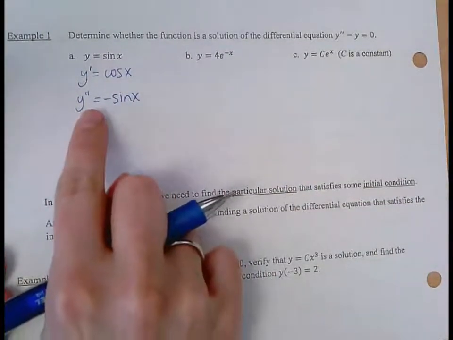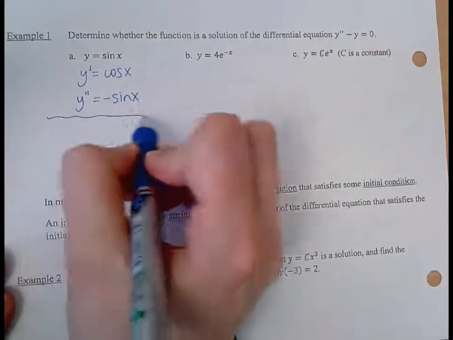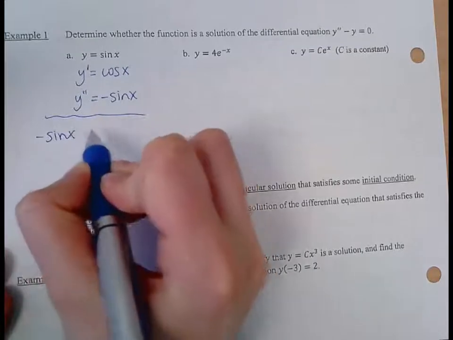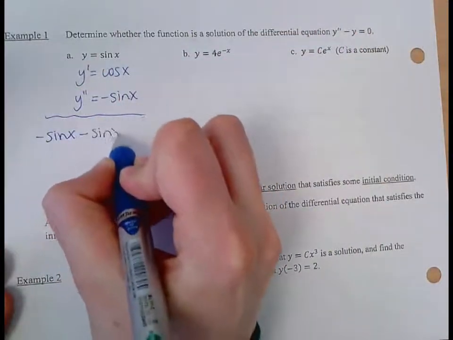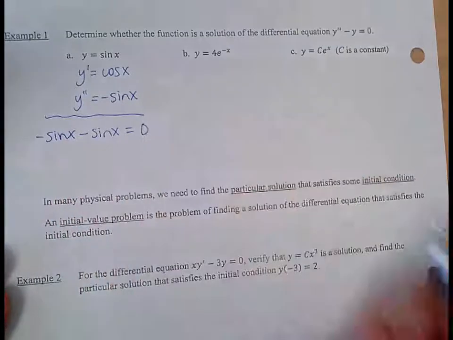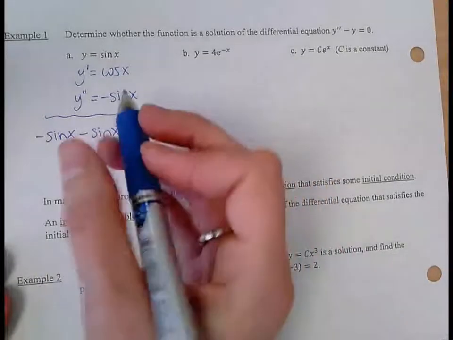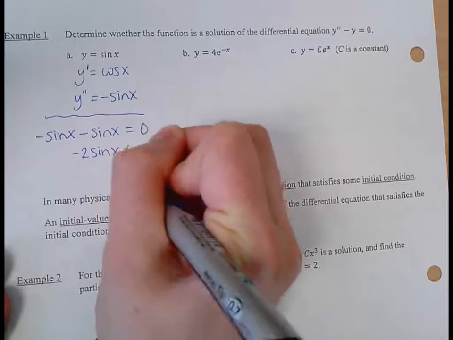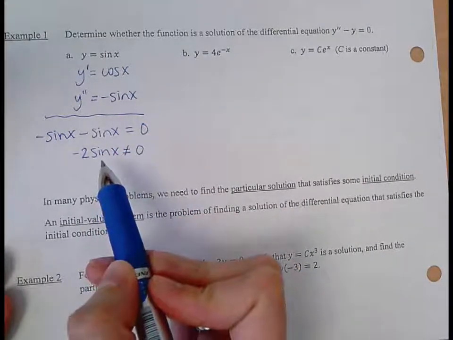All right, so then I substitute in y double prime. So I would have negative sine of x minus y is sine of x. And I want to know, does that equal 0? I'm seeing some no's. This is negative 2 sine of x. That does not equal 0. So therefore,